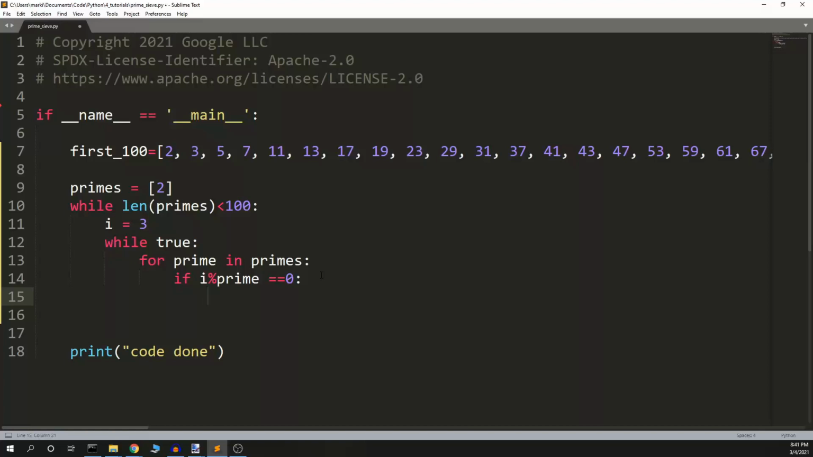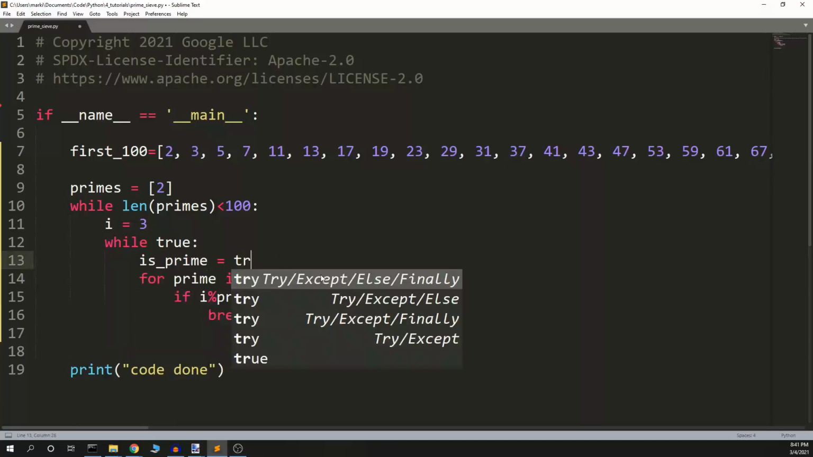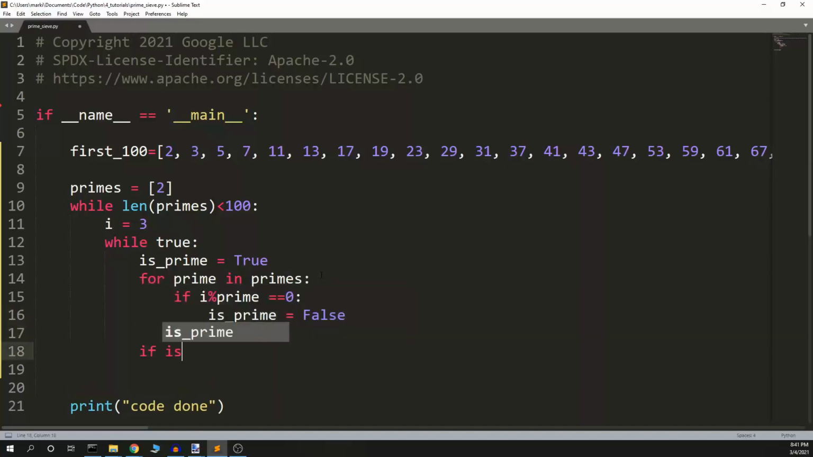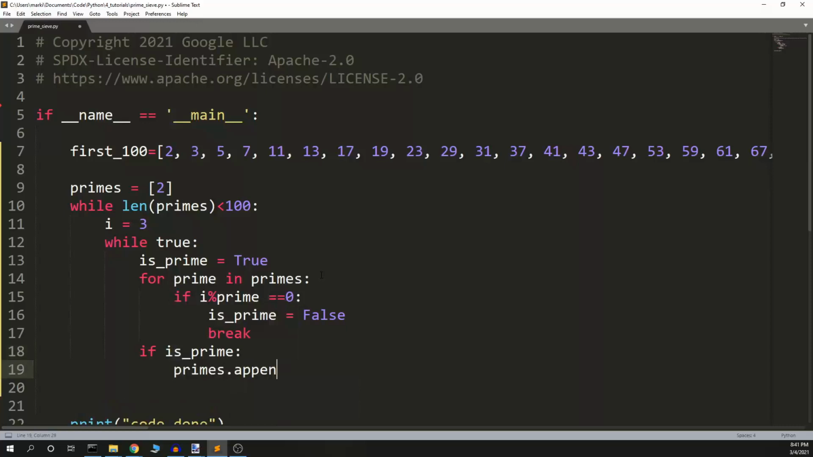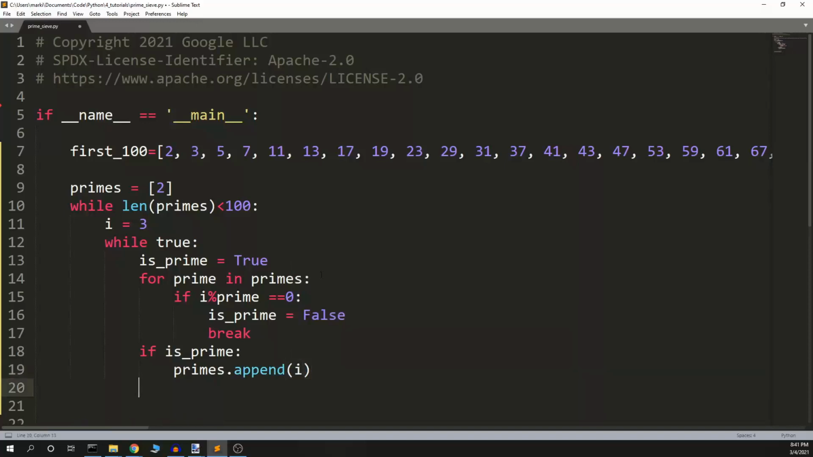we won't append this prime to the list. Then we will break. Is prime equals true? Is prime equals false? So it's not prime. We're breaking out of this for loop. Now, if is prime, if this one is prime, we will append: primes dot append i, and then,